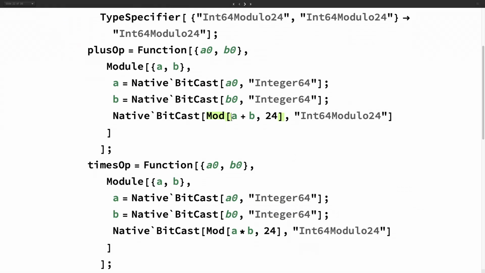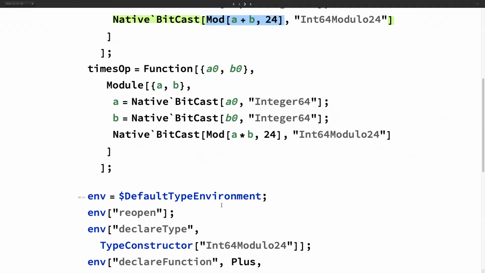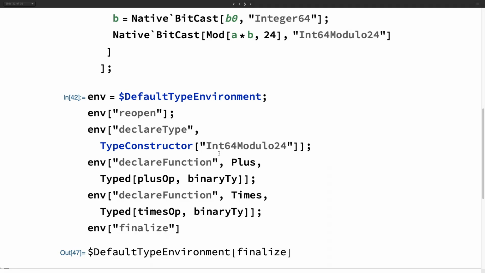Now, for the actual addition, I'm just going to do it in int64, and then I'm going to do the mod, and then I'm going to cast back. So this is like a C type of cast that you could do to tell it to use the integer plus, but then I'm going to define a wrapper around that. And then I'm going to define that I have a new